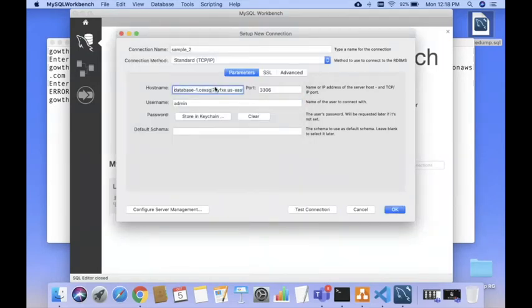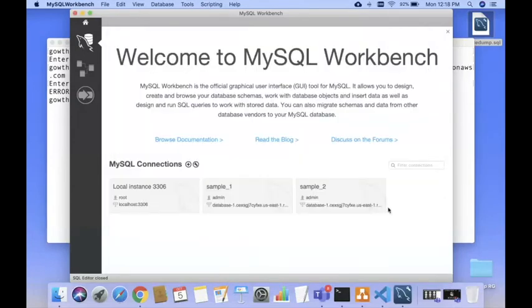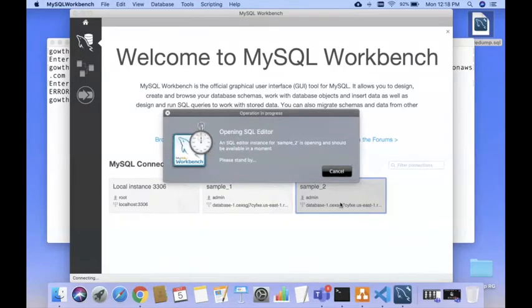Some problem here. The connection is a success. Give OK and enter into the database.